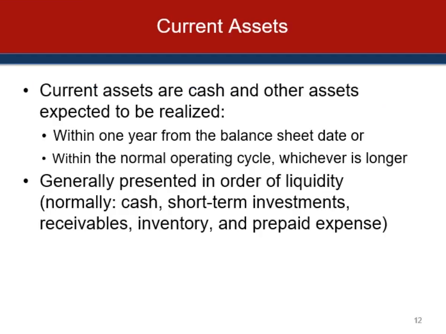Now, current assets. Current assets are resources that are expected to be realized in cash or sold or consumed either in one year or in the operating cycle, whichever is longer. I don't know of any businesses that use a normal or an operating cycle which is longer than that, although classic examples of very long business cycles would include long-term construction contracts, where the construction contract may actually be delivered over a number of years,